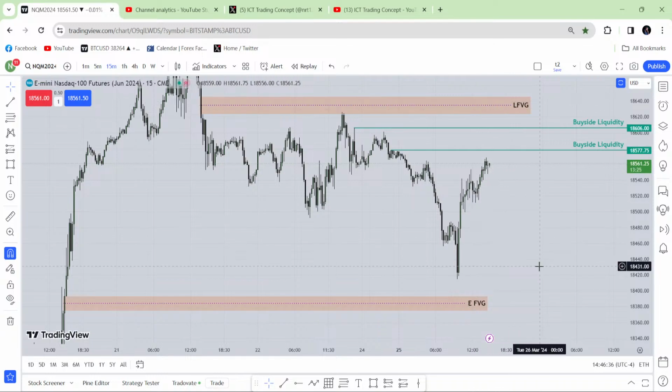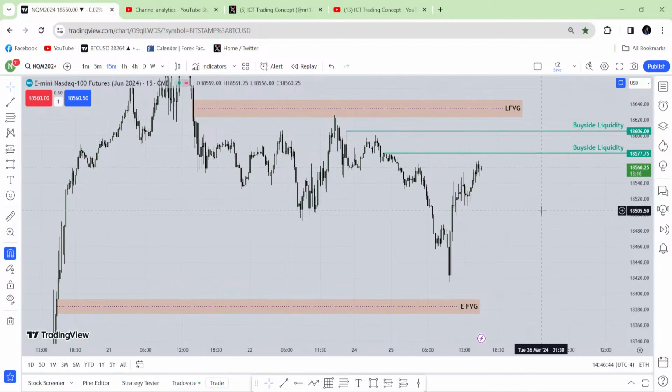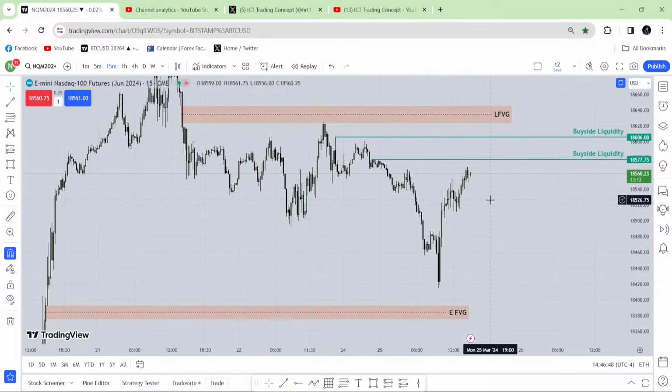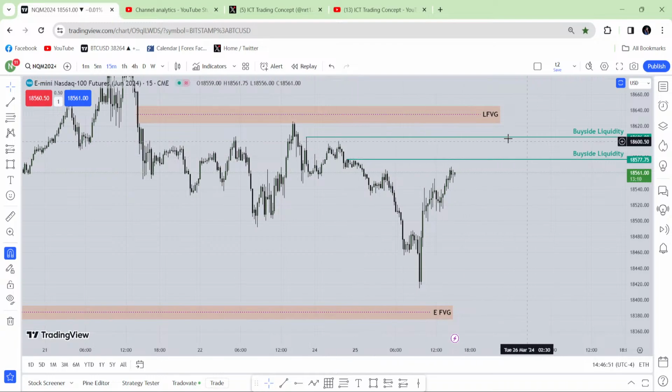Tomorrow it will go lower again, a little lower, because it has taken the Friday low. So it will trade any kind of lower fair value gap tomorrow. Then it will expand higher. That's my expectation. I will explain that tomorrow. But yeah, I have seen the buy side liquidity only. I should not look for the sell.